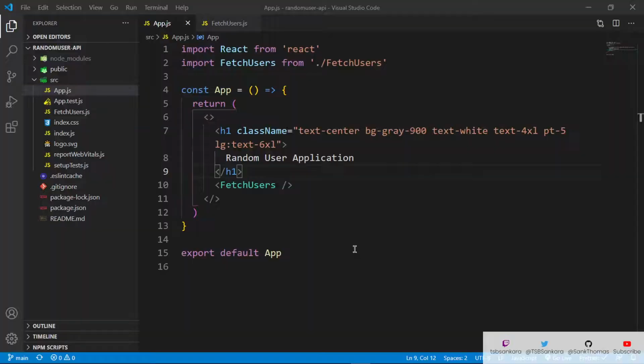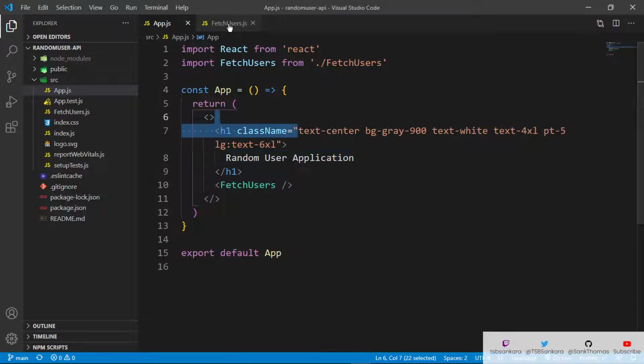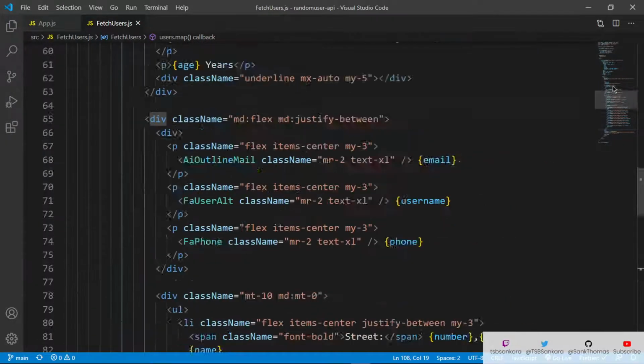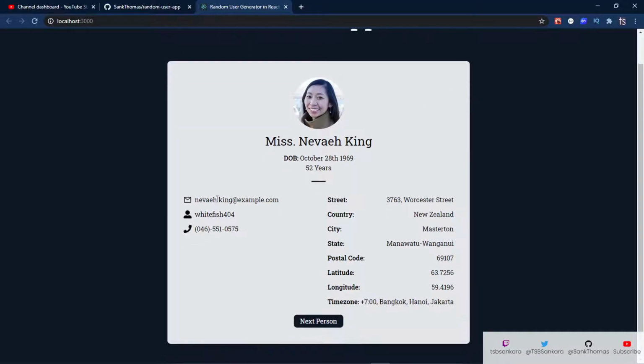So in order to do that, you can go into your app.js and you can add this title if you want. If you don't want, you can just leave it out. But this is the title that says random user application right here at the top. But for the functionality of the button, you have to go into fetch users, and then right before the closing div, and outside the div that we have displayed as flex right here, so on bigger screens outside of this